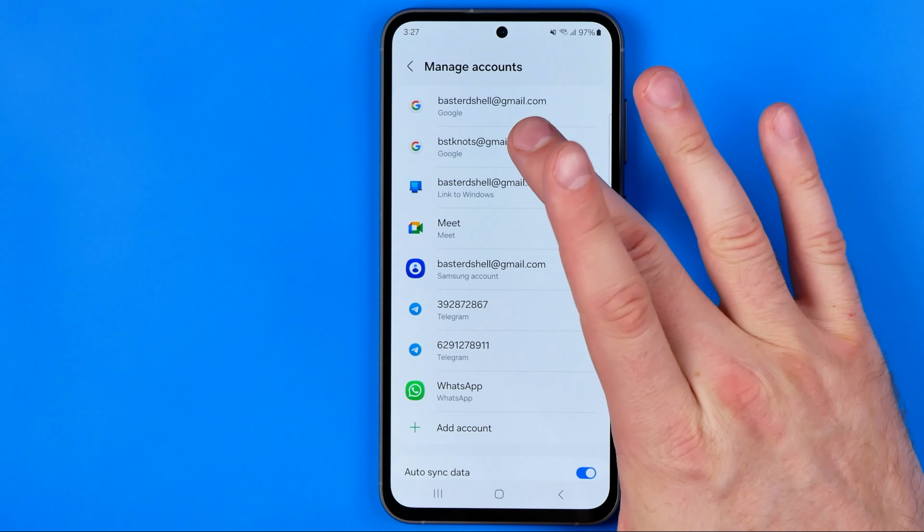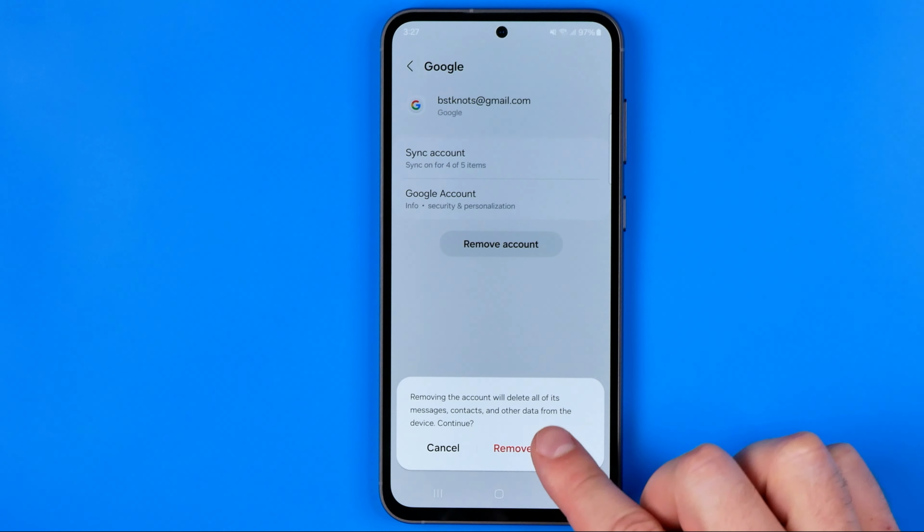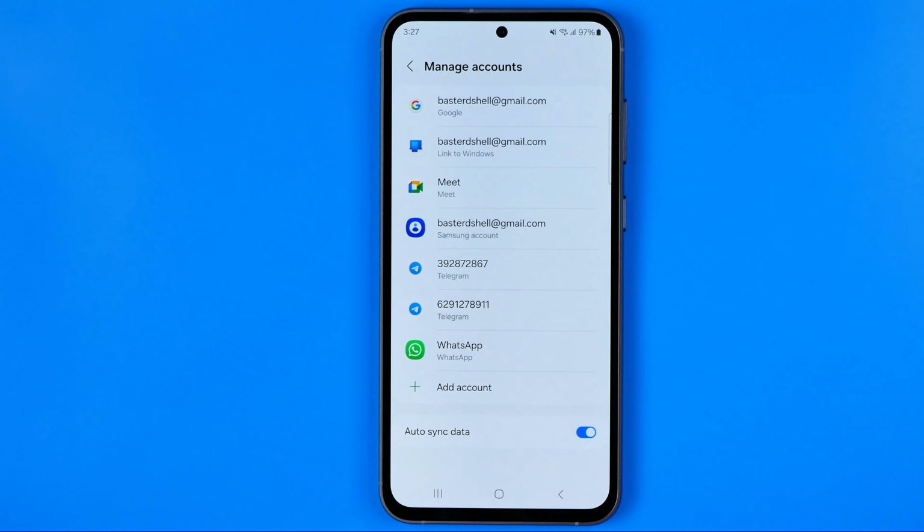one, we need just to tap on it, then hit remove account, and then just tap right here to confirm it. Keep in mind that it will not delete the account itself, it will just remove it from your